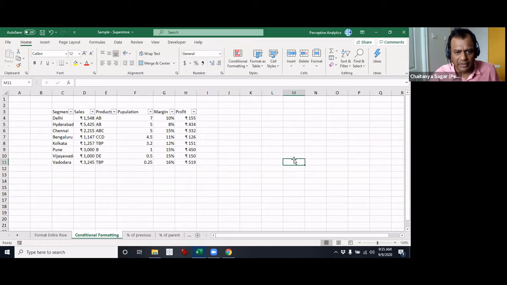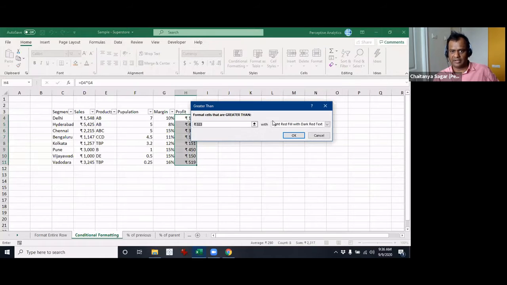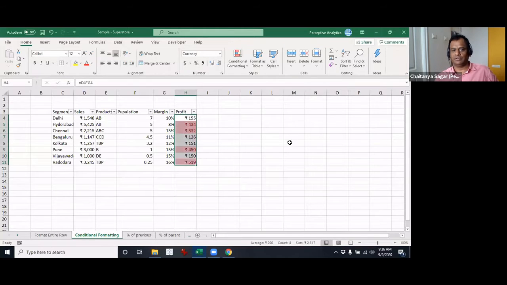So here, for example, let's say we want to highlight all the rows where profit exceeds maybe something like 200. That is the condition that we have, and let us see how to go about that. First, very simple: conditional formatting, highlight cell rules, is greater than 200. Let's say this is the formatting that we want. Now we want to extend that, and let's say we copy paste the formatting, what happens?